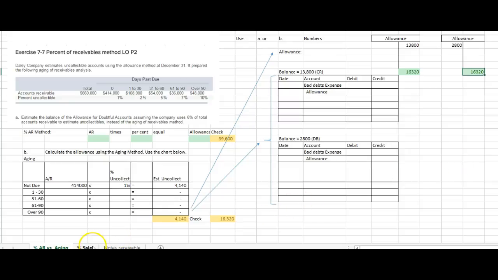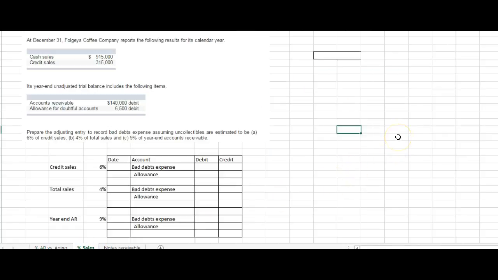Email with questions. The next one is really, really simple. I just want you to recognize different ways that the allowance account can be estimated. First of all, they could just use credit sales. So you'll multiply using that $315,000. The next way they could do is say all sales and use a percentage of that. And then the final way would be to use the year-end accounts receivable, which is right here. These are your percentages to use, and then you're going to